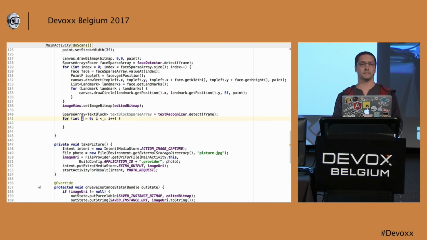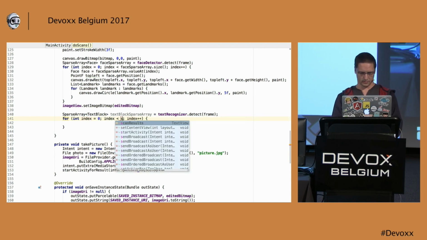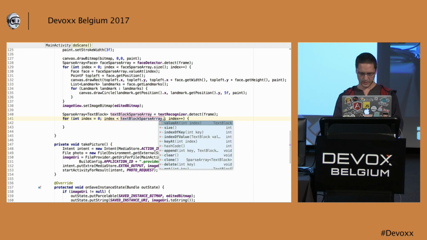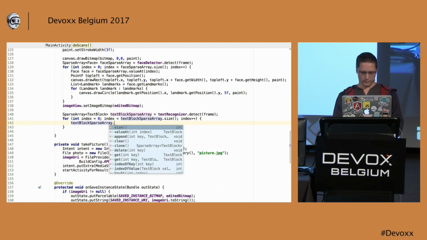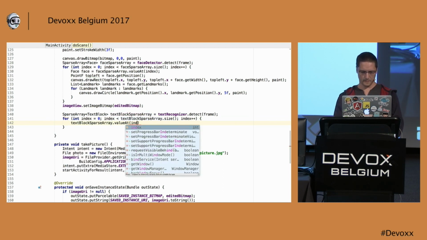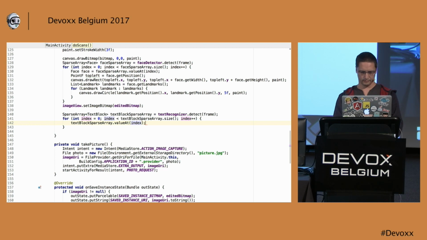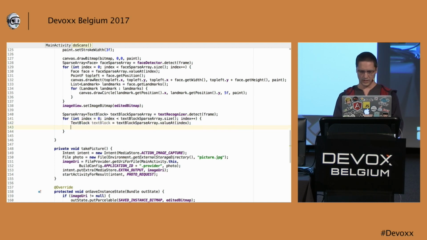I can iterate this parse array. So index, text blocks parse array dot size, and when I get a block from this one, index, we get a text block.